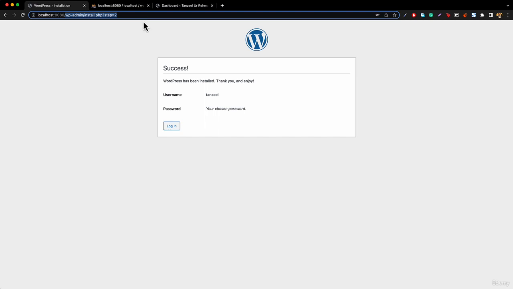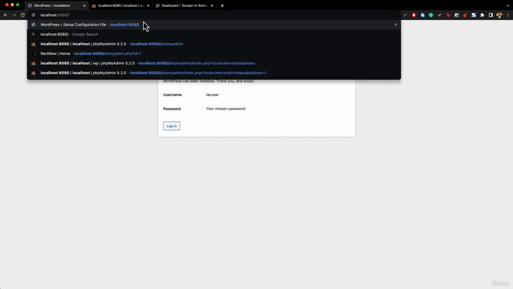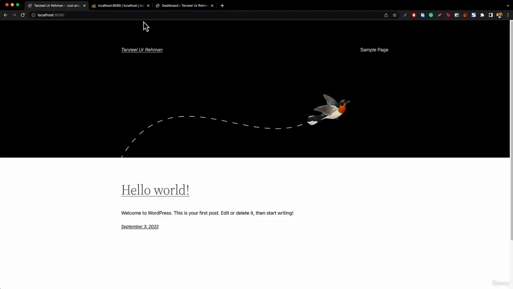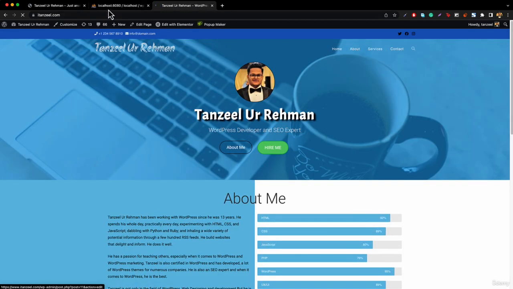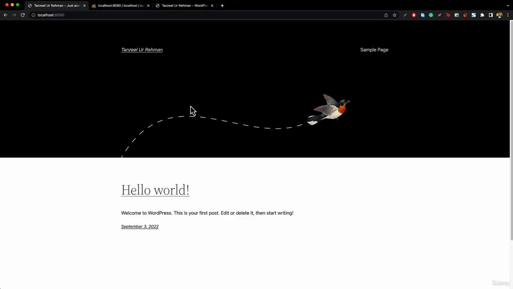And now if we go to localhost:8080 and we hit enter, you can see that the website is now loading perfectly okay, as it was actually loading over here. So if we go to the website, we are getting the full website page over here, and same goes with this. Now let's suppose that when we want to log in, how we're going to log in, we have to type in here